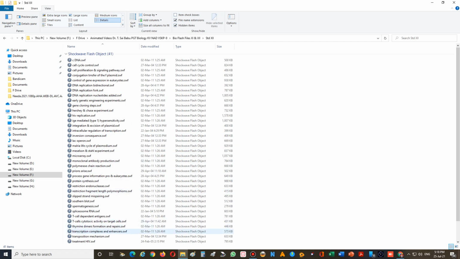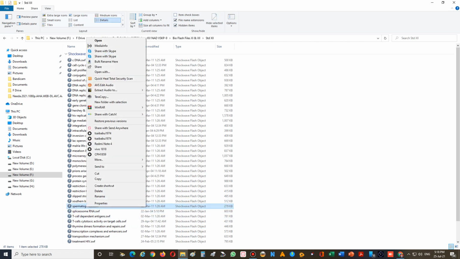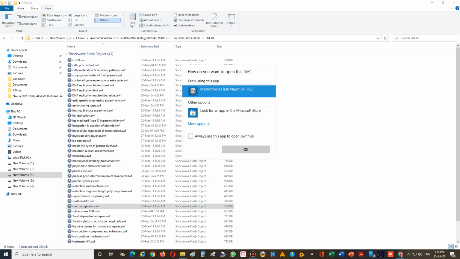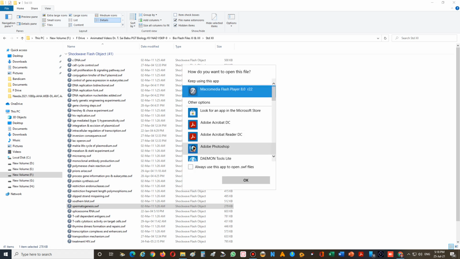In that case, what you have to do is right click on it, then click on open with. After that it will open like this, because I already gave the default as Macromedia Flash Player. Otherwise it will show some VLC player and others.